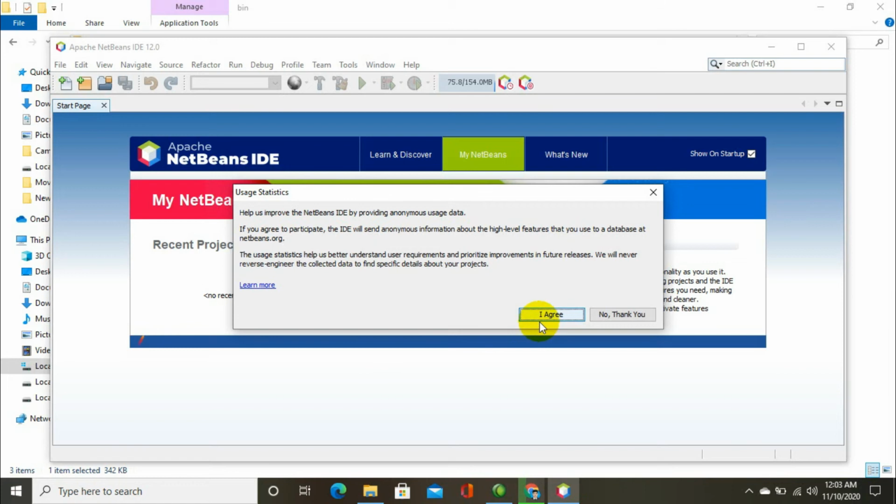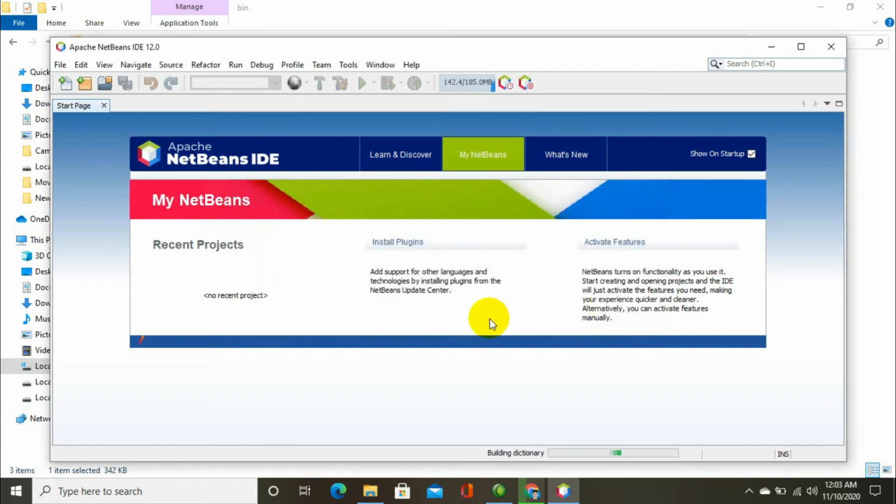Now it is completed. These are user statistics. Click on I agree. If you want to read that, you can click on it. Agree. Here you will see a building dictionary. These are some background processes that will run when you install NetBeans.